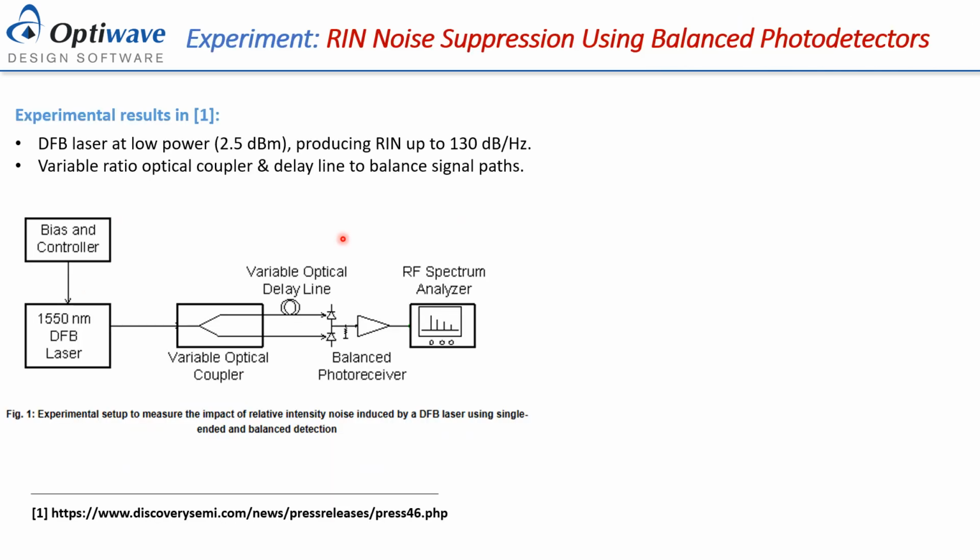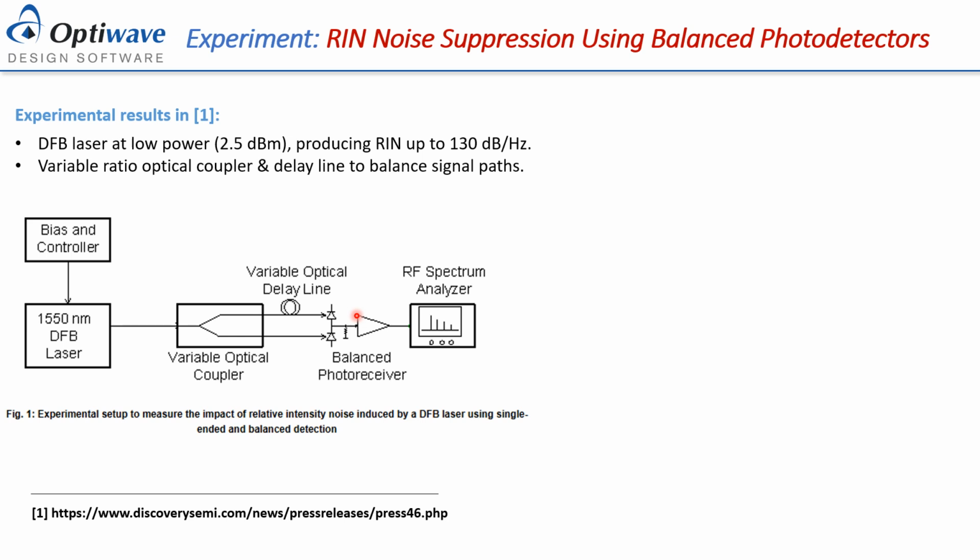The details of the experimental setup could be found in the reference provided below. It simply has a bias control for a DFB laser at 1550 nanometers, a variable optical coupler, followed by balanced photodetection. And through changing the coupling ratio, they're able to measure the RF signal for single-ended detection and for